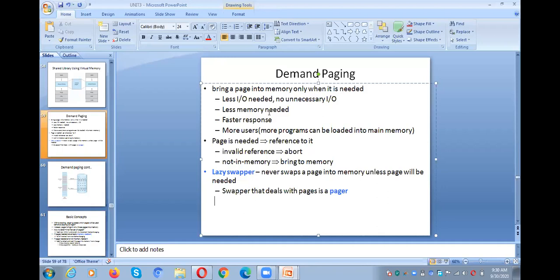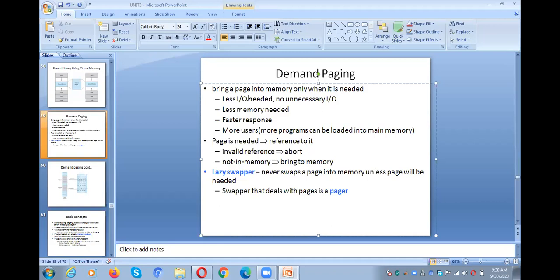These 4 points we already covered in the last class, but you still need to understand them. What is the reason for not keeping our entire program in the main memory? The first thing is that the main memory is very small compared to the logical memory.